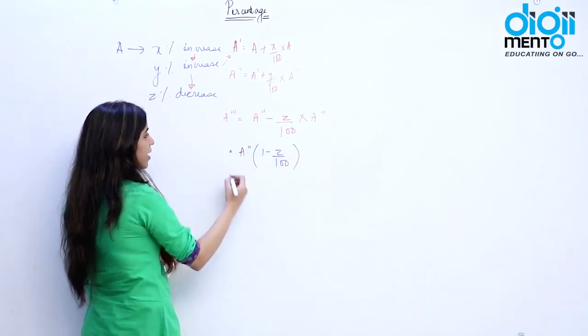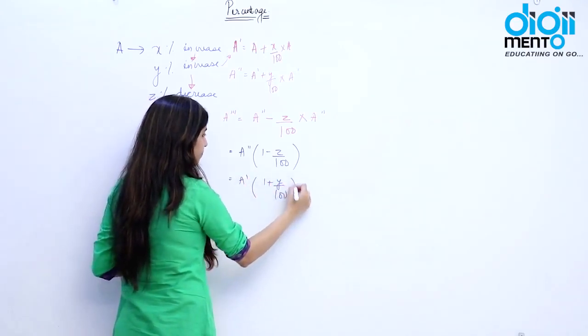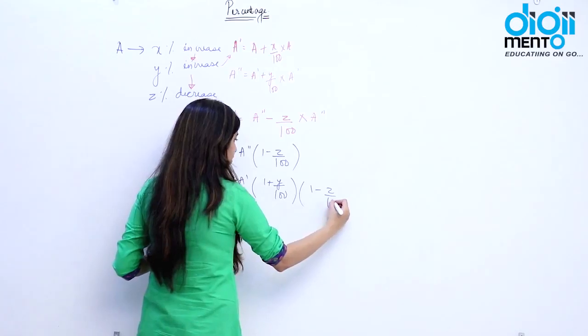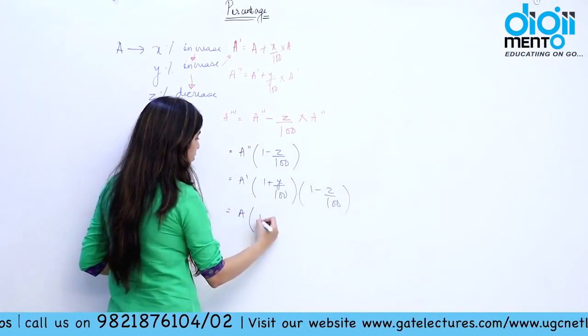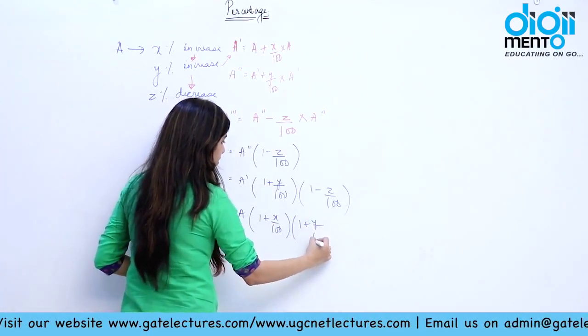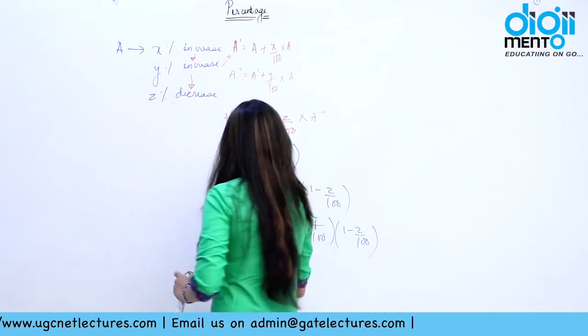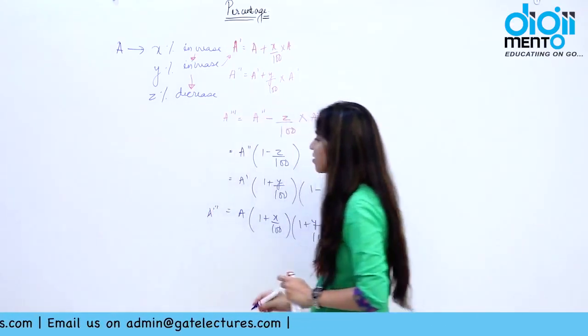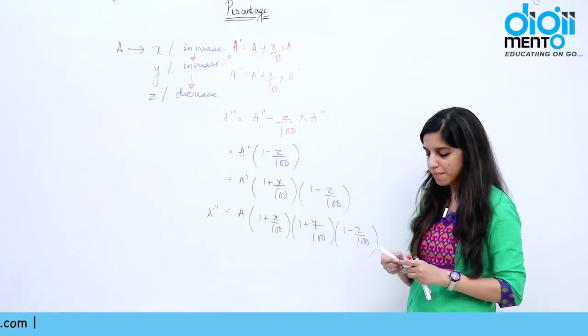Putting values of A double dash, this is going to be A dash into 1 plus y by 100 into 1 minus z by 100. Putting value of A dash, A into 1 plus x by 100 into 1 plus y by 100 into 1 minus z by 100. If you see the final value of this number, what have we actually done is,